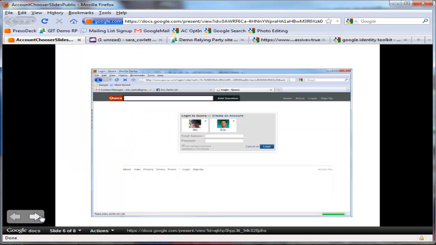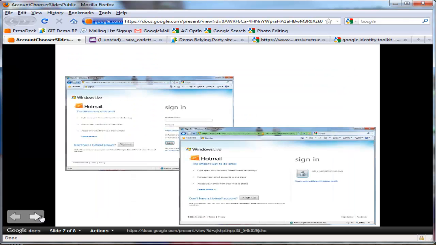Some websites like Quora and Hotmail, after you log in, already use this type of approach. But we want to also leverage the idea of OpenID and identity providers like Facebook, Google, Yahoo, and others that eliminate the need for creating new passwords. We're going to demo an account chooser working on two websites, including a version we have deployed internally at Google